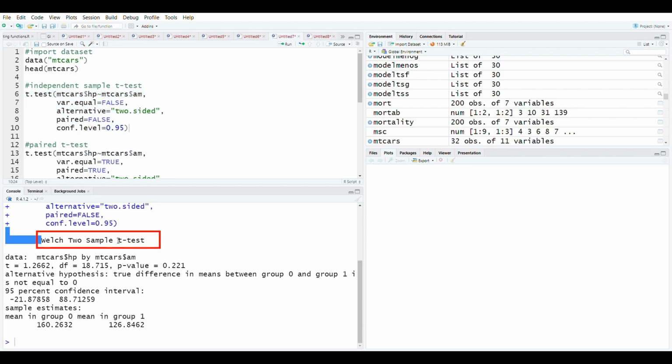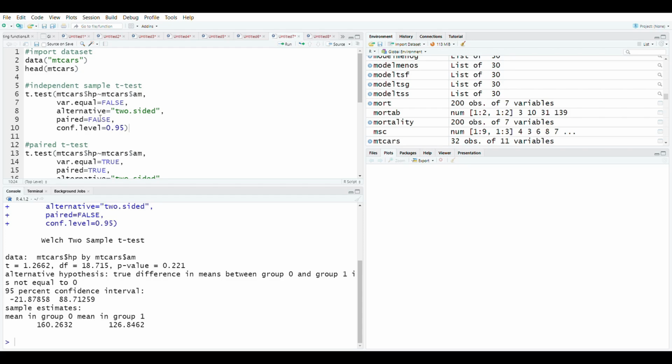You can see that it is Welch two sample t-test and not the student t-test that we have discussed previously. What is the difference? I've told you before about the statistical assumptions we take before doing these tests. So there is an assumption called homogeneity of variance. Student t-test assumes that this assumption is valid, whereas Welch two sample t-test or Welch t-test does not take this assumption into account.